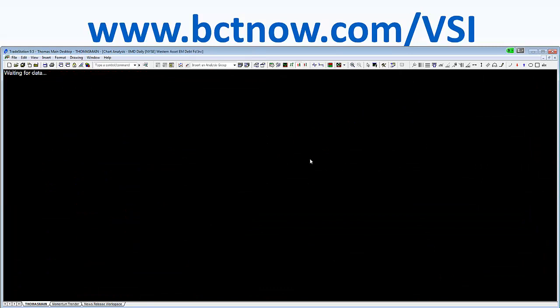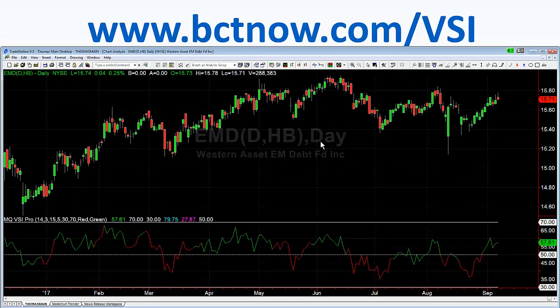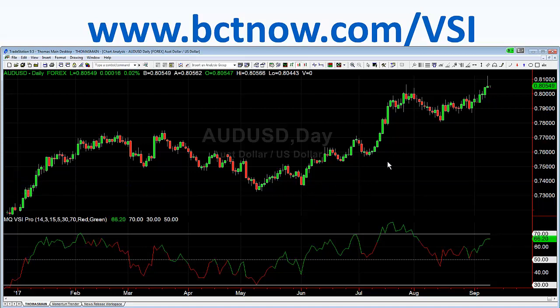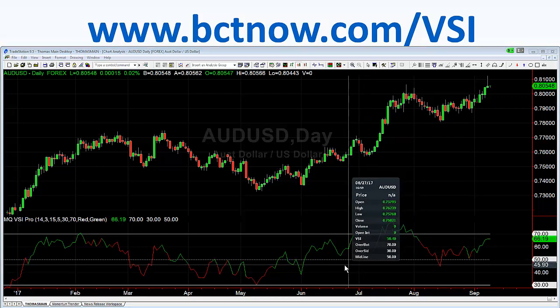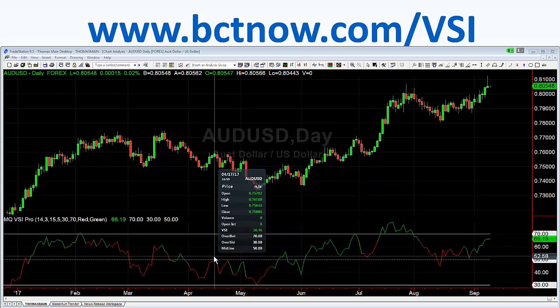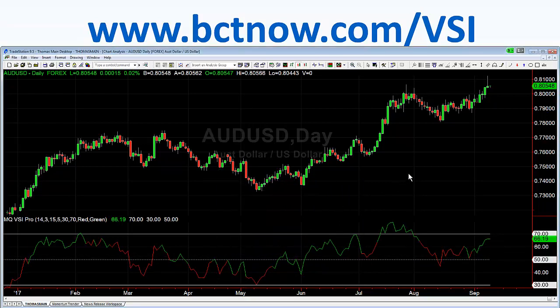You look at EMD. Here's EMD. Not a lot happening. Again, if it's not getting extended, change your length. Here's the Aussie dollar. Again, no volume is in spot Forex, so you cannot use a volume reversal because there's no volume component. However, you can look at extended markets and look for retracements from extensions, and you look at your retracement line entries like these here to the upside or these here to the downside, because they all worked out really well.